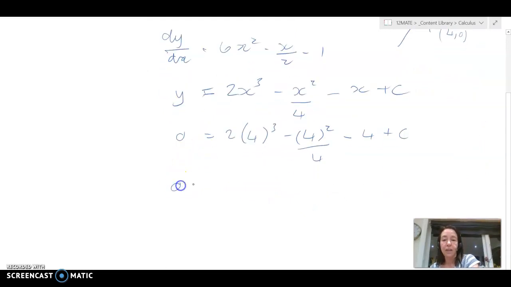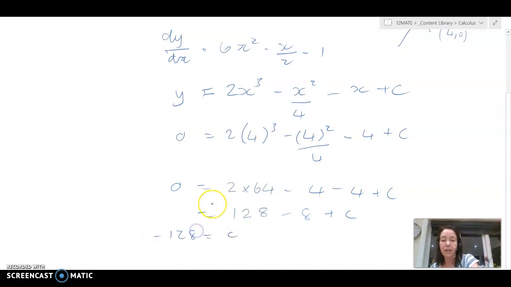So let's just put all of this in there. 4 cubed is 64. 4 squared divided by 4 is going to be 4, minus 4, plus c. So that's going to give me 128 minus 8. So c will equal